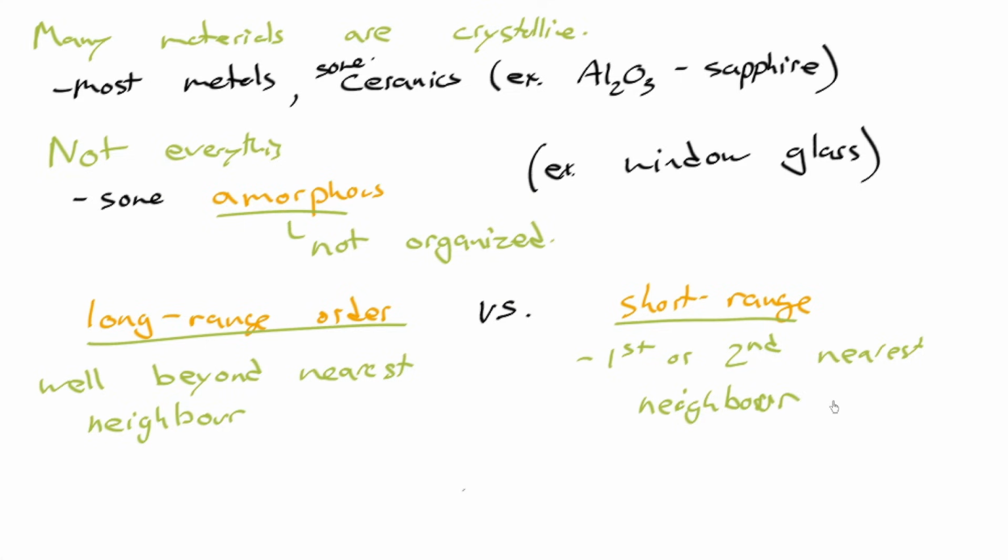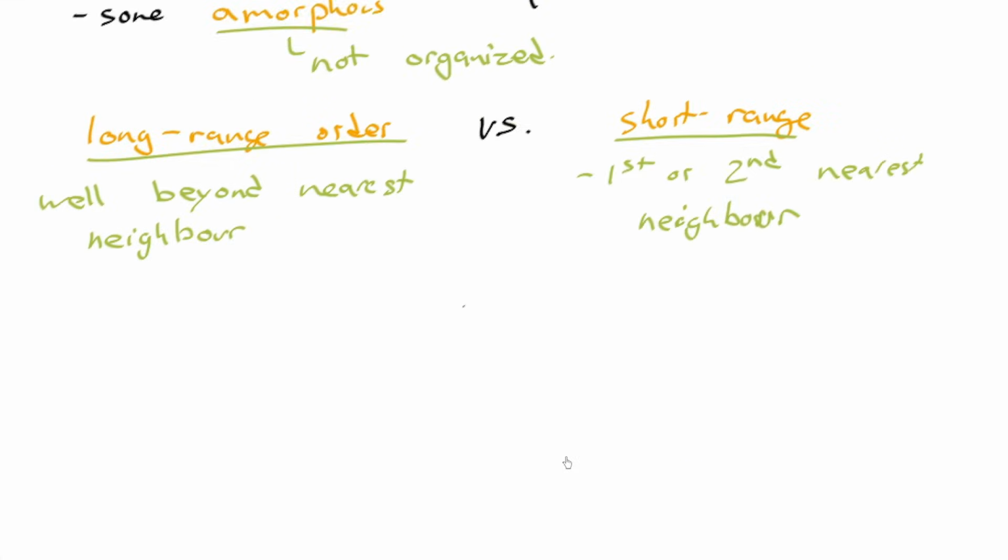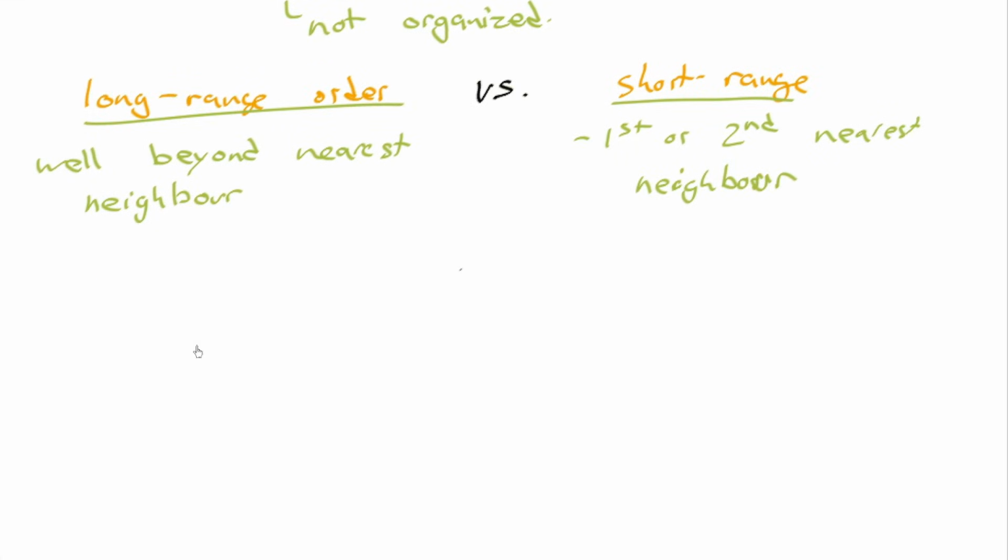Okay, so let me show you a little bit more what I mean by that. Say we were to look at, like I did in the last video, I drew this simple two-dimensional lattice to represent a crystal, and I said, well, you could have atoms positioned in these regular positions throughout that lattice, maybe at the corners, like I've indicated here. And so this is an example here, and if this continued, hundreds, thousands of atoms away, the arrangement of atoms continues well beyond just the nearest neighbor. Versus, say, if you had